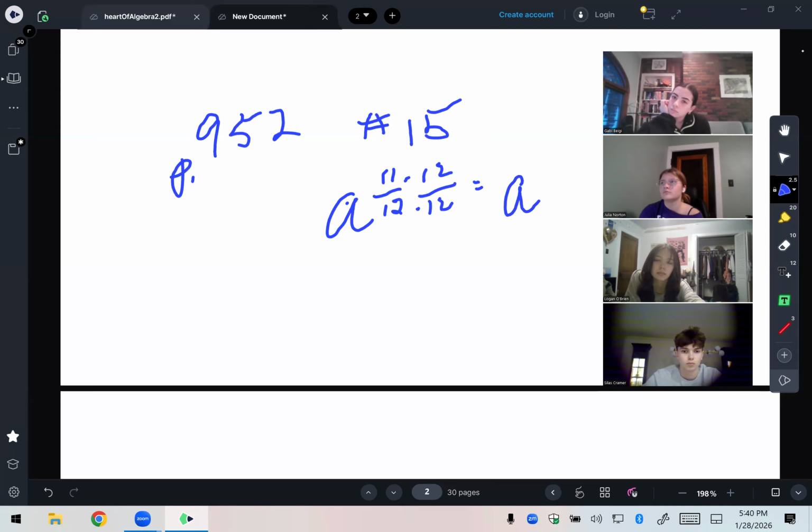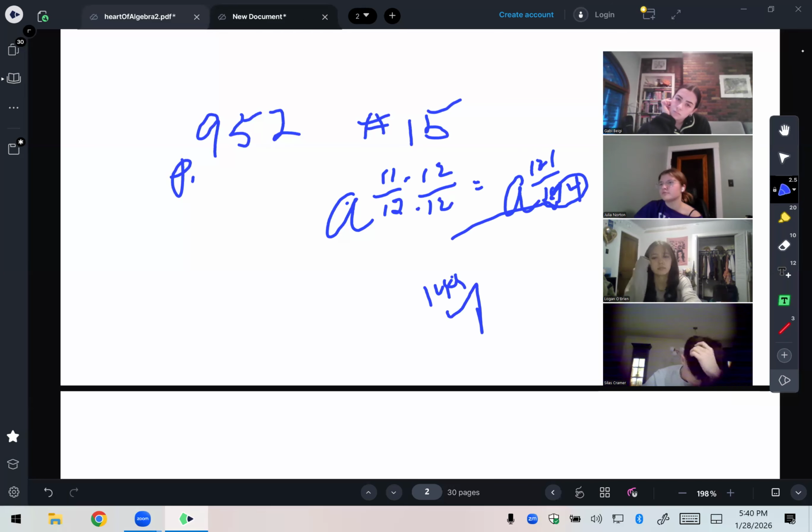So we have a to the 121 over 144. So this will be down and out. So that'll be the 144th root of a to the 121st, which is answer choice